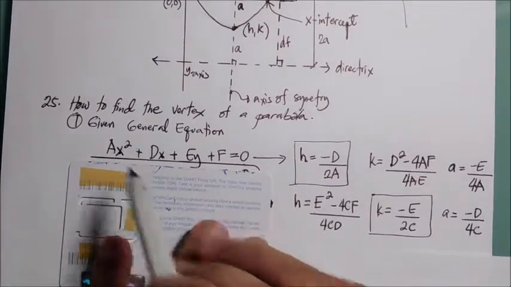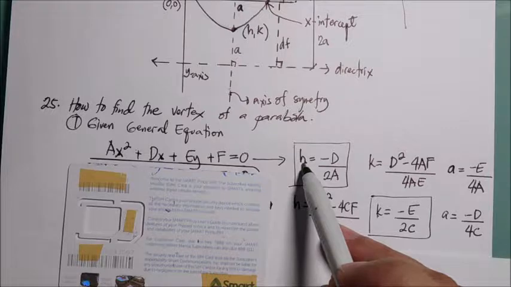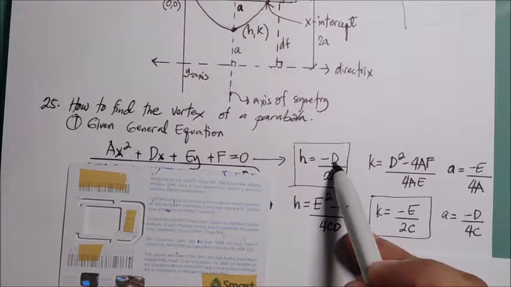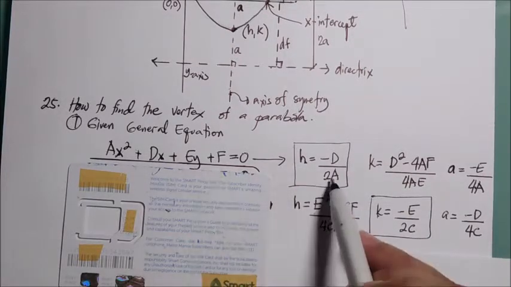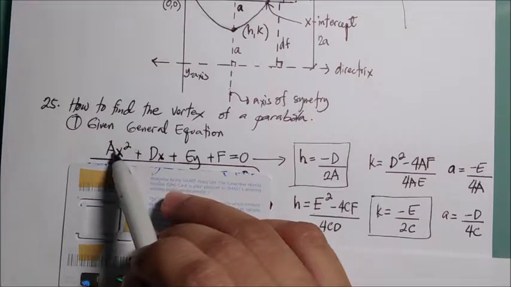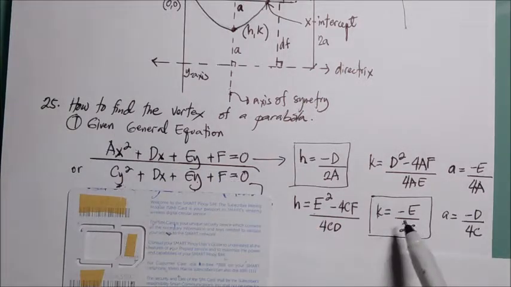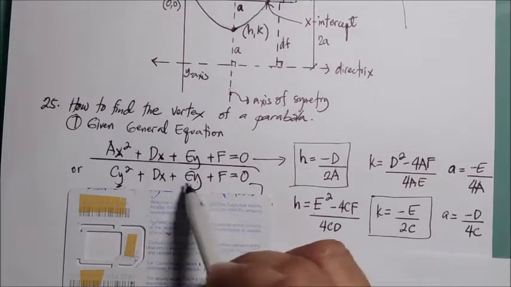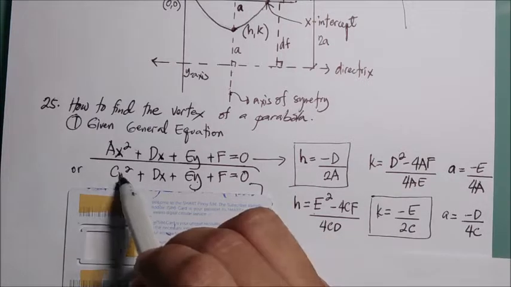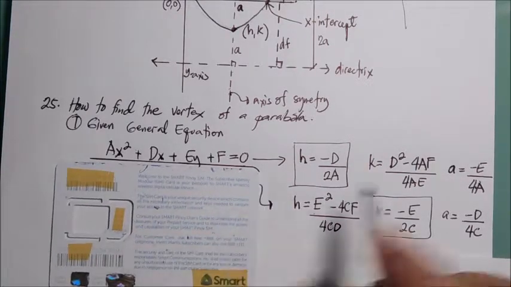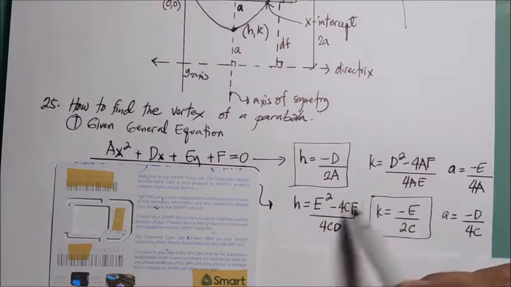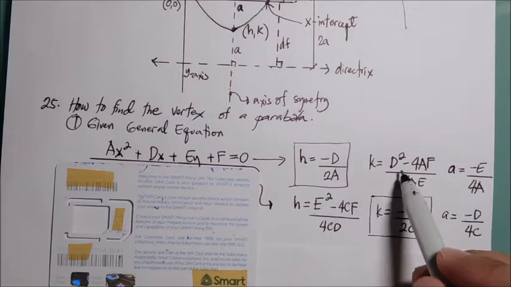if in terms of x, d is in terms of x and a in terms of x. In terms of y, e is in terms of y and c in terms of y, because it's very difficult to memorize this one. If you cannot memorize this one,